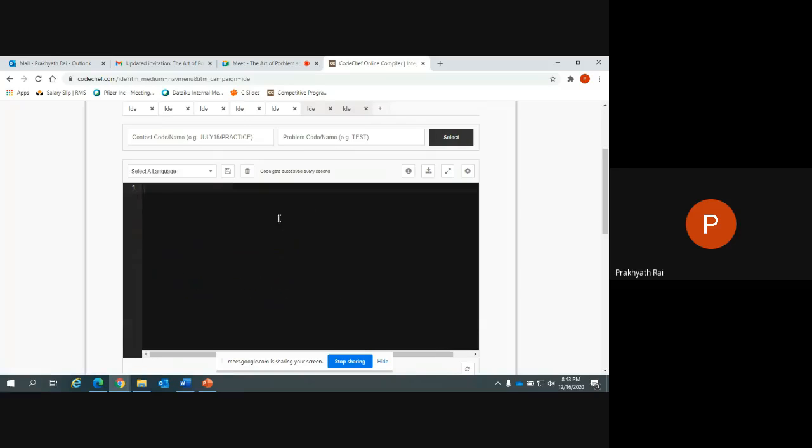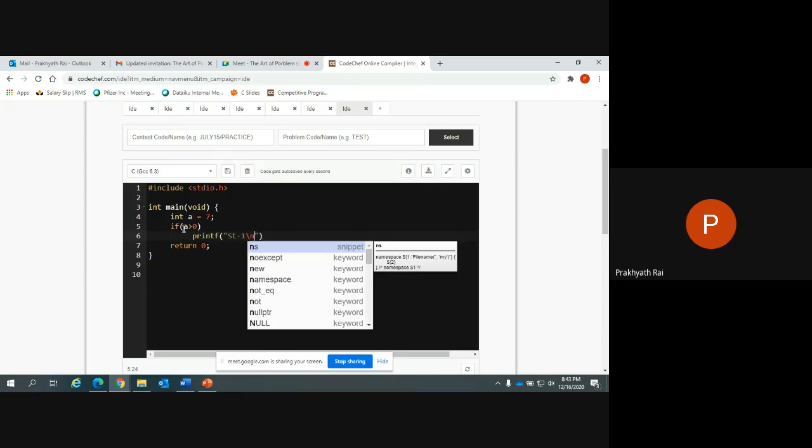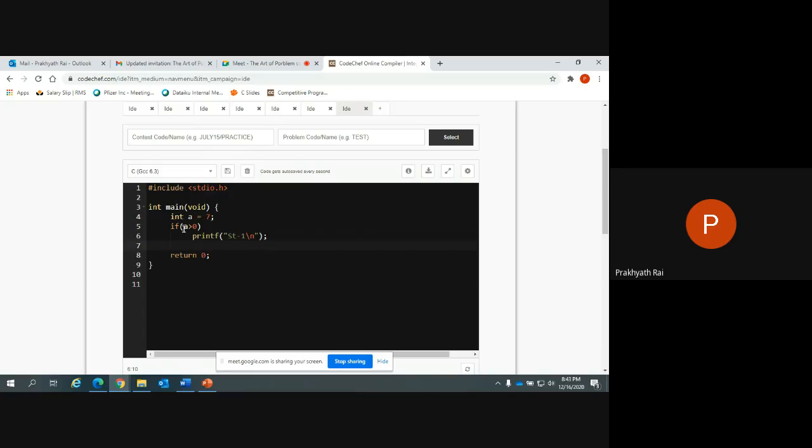Okay, how do you get questions? How do you complicate things here? So what I'll be writing is, let me take the same variable, int a equal to 7. If a greater than 0, printf statement 1 \n semicolon, printf statement 2 and a new line character,